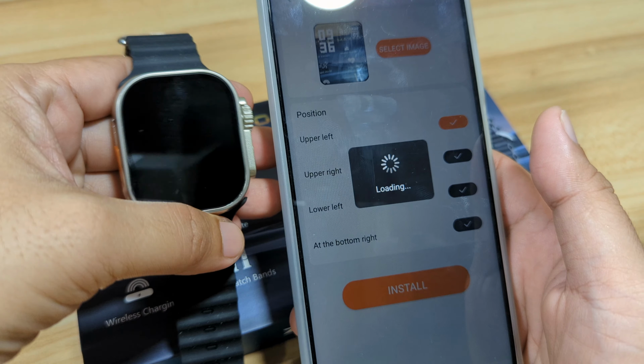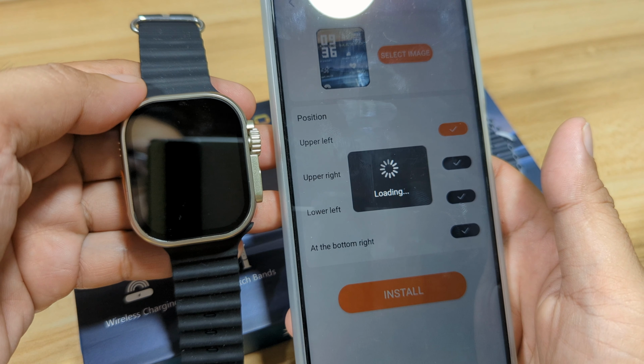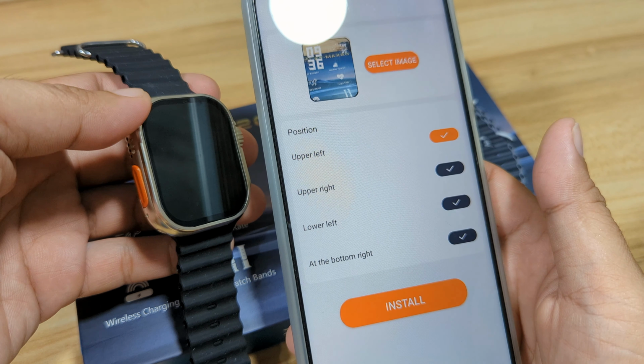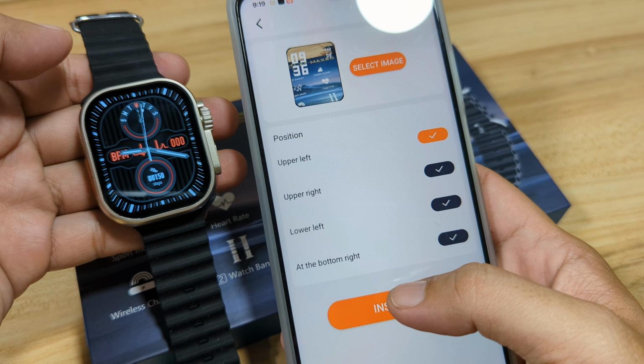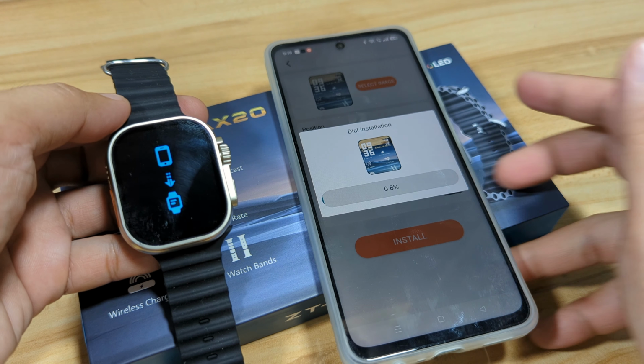So let's wait for it to download to our ZT Max 20 smartwatch. Just like the watch face download, it's a bit slow and it did not continue. Again, got it. Let's wait for it to complete.